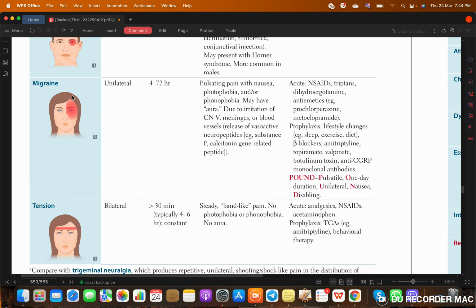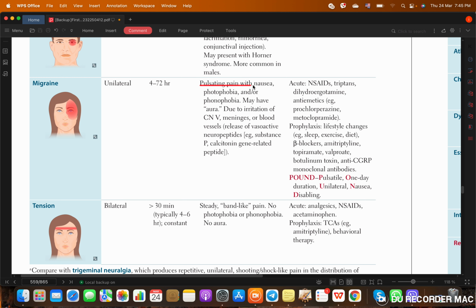The migraine, it's unilateral, one side of the face, 4 to 72 hours. It's a pulsating type of pain with nausea and photophobia and/or phonophobia. It might have aura. What is aura? Basically, before the migraine starts, the lady will start to feel that, oh, I have a focal neurological symptom that always